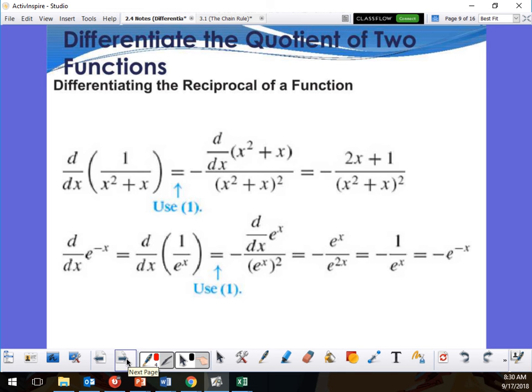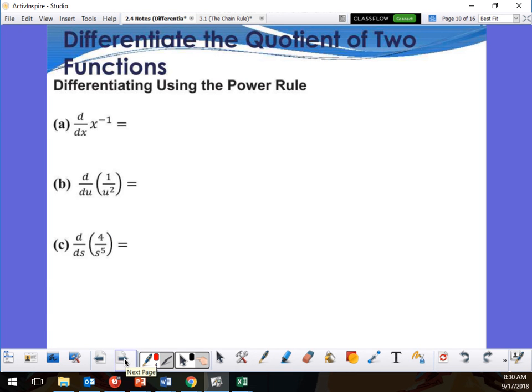Okay, here's the rule that we did earlier for the warm-up. When I have a negative power, it's the same as moving it to the denominator, or I can move the whole thing up to the numerator. So it's the same thing. You have to be able to move it back and forth. So now I could do the derivative of this one now. Okay? The derivative of x to the negative 1 is going to give me negative 1, right? x to the